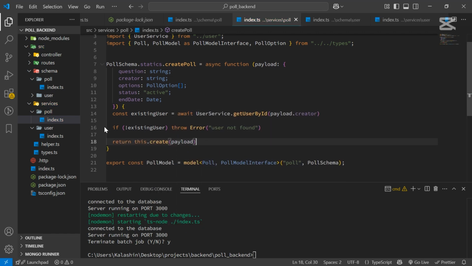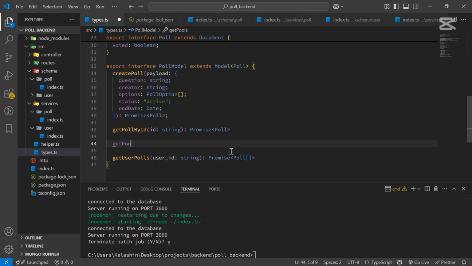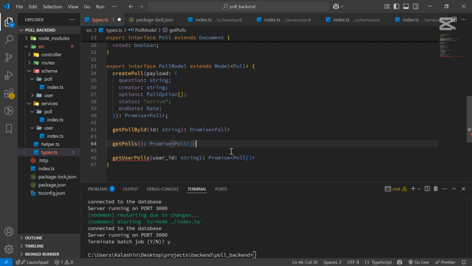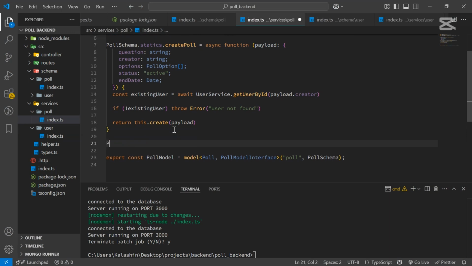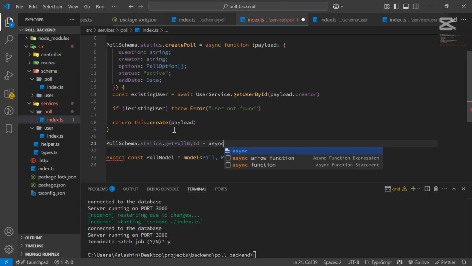I will head back to the types.ts file where I will add a getPolls method on the poll model. This method will return a promise that resolves to an array of polls. Then I will head back to the services/polls/index.ts file where I will assign a function to the poll